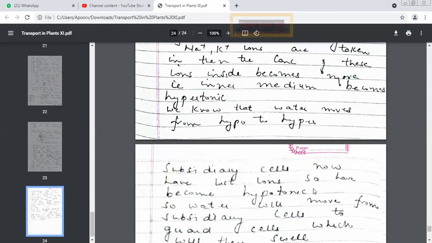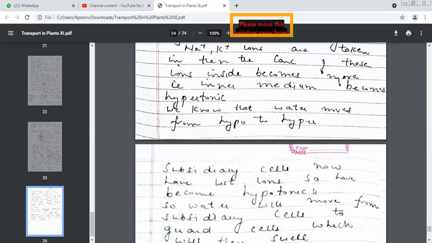So whenever water is being absorbed, which layer will become curved? Thicker or thinner? Thicker. So the inner layers, the walls are thicker, so they will become curved. And when both of them become curved, we have an opening. That opening, which in singular is called stoma, and plural we said is known as stomata. So which process was taking place? Endosmosis.